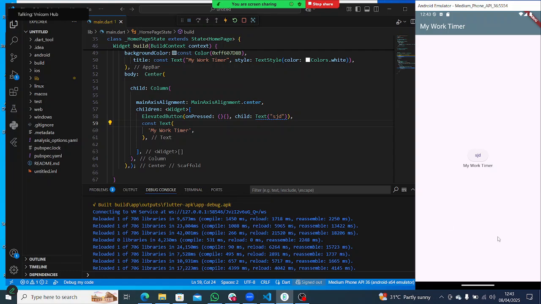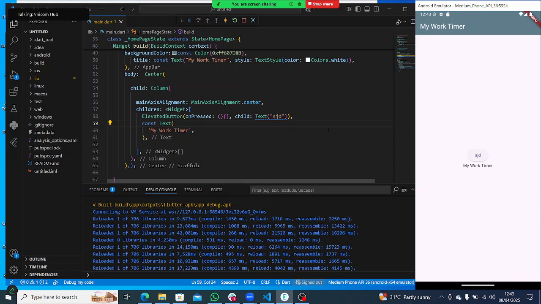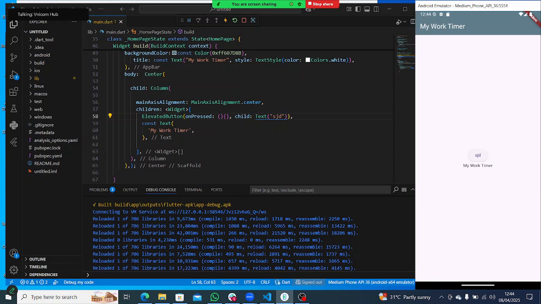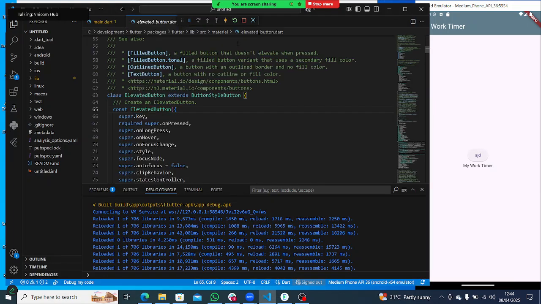Alright, so we use elevated button to create a button, and we can customize the elevated button. It has a style property which we can use to style the button. Just like this, we have this, but if you want more flexibility for your button,